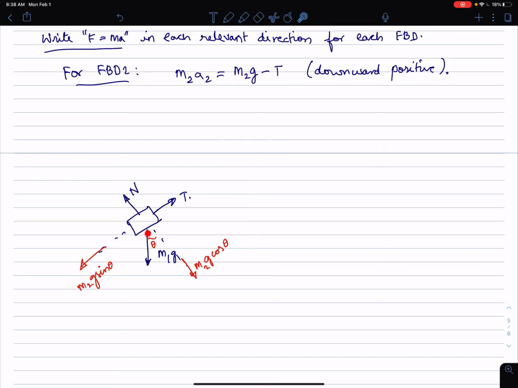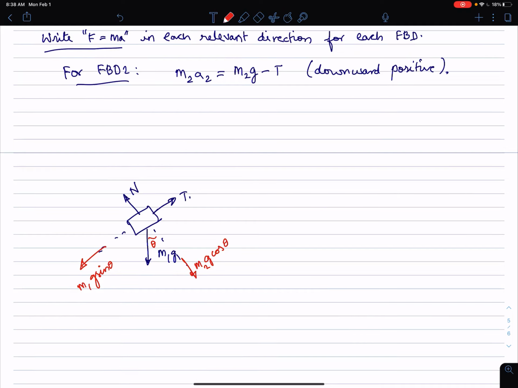So basically this m1, not m2, this m1g has been decomposed into m1g cosine theta and m1g sine theta,